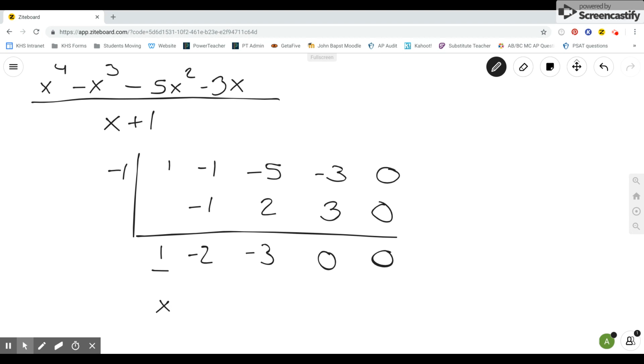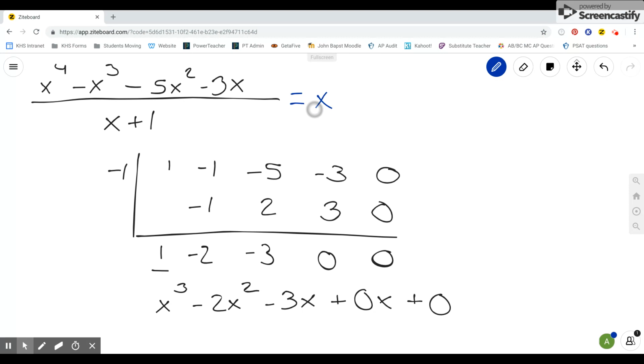And remember, we always take 1 less than our degree, so it's a fourth degree polynomial that we were dividing by. So then this is x cubed minus 2x squared minus 3x, and then if you want to be very official, plus 0x plus 0,